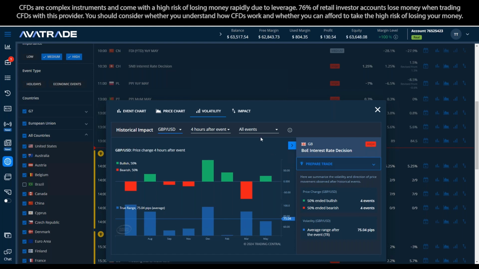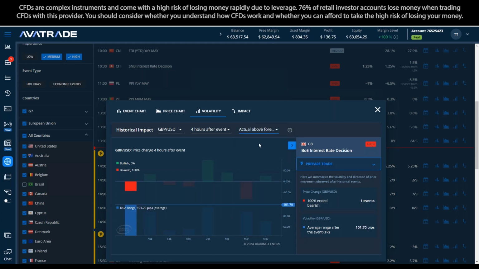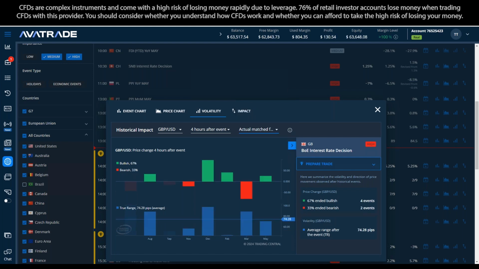Or I could qualify it. If it comes in above forecast, what happened? It only happened one time. Doesn't happen very often. If it comes in below forecast, what happened? Again, it only happened once. But if it comes in as expected, matching the forecast, which is usually what happens with rate decisions, we can